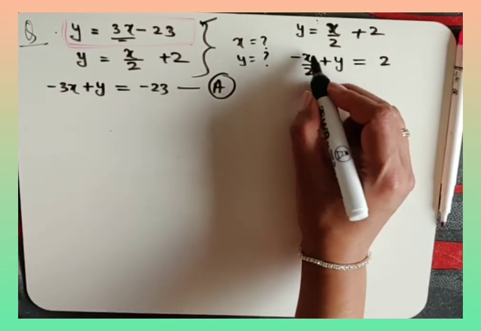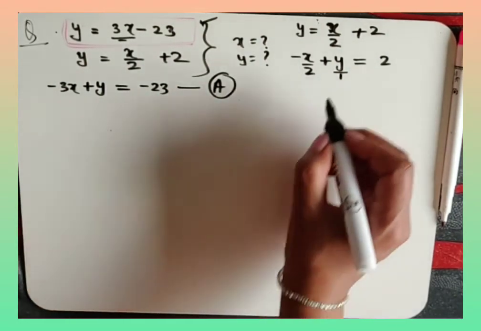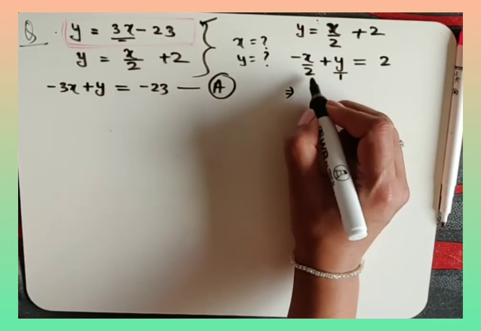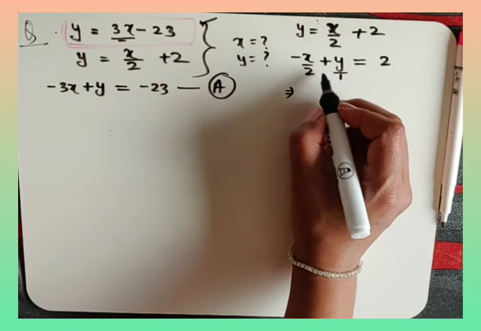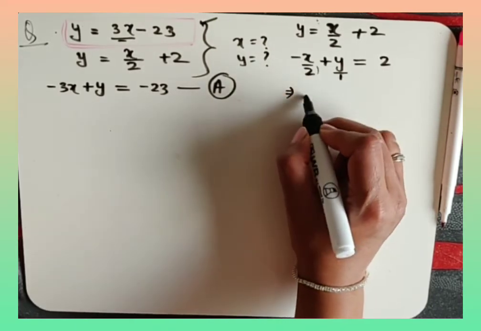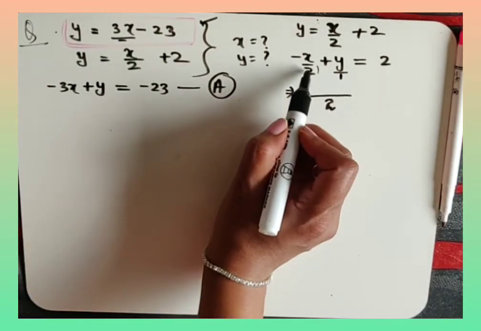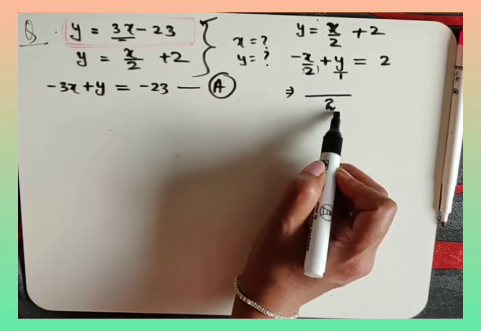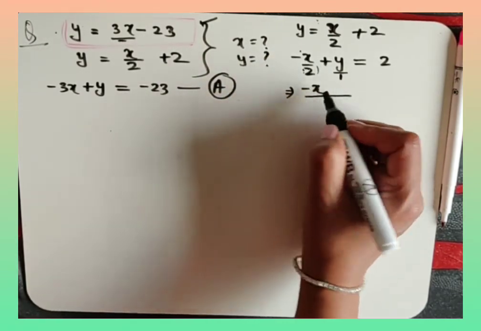Now this is a fraction, and make this one a fraction as well by giving 1 in the denominator. Now take the lowest common denominator of 2 and 1. If one denominator is 1, the bigger number is your lowest common denominator. So 2 is the denominator here. Now come to the first fraction. Denominator and lowest common denominator are the same, so nothing to change in the top number, that will be minus x.